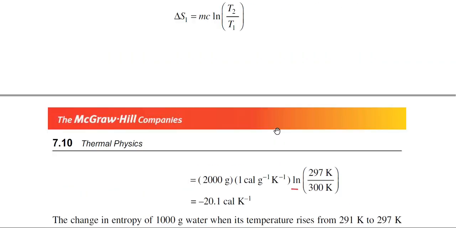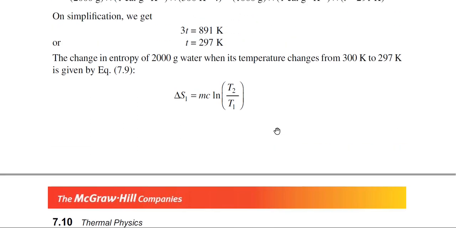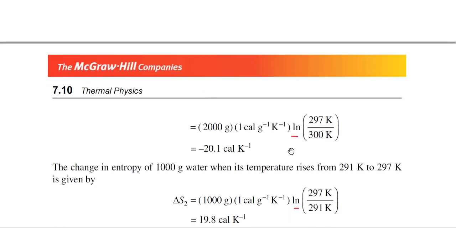Now in this particular problem, I will mention one thing that students sometimes get wrong. You see that in this formula this is ln. Ln means logarithm in exponential base. So when you calculate using your calculator, you just press ln. You do not use log. In general, we use log for base 10, log 10. So there is a difference between logarithm in exponential base and base 10, and you have to take care of this fact. So you see this is ln.